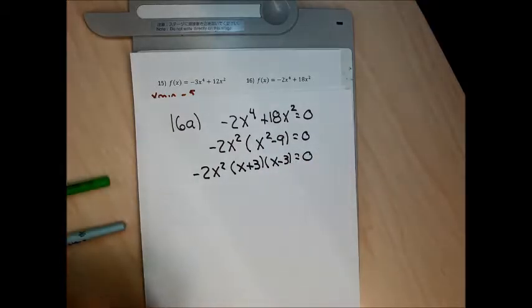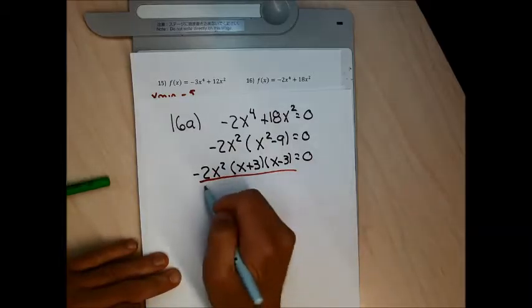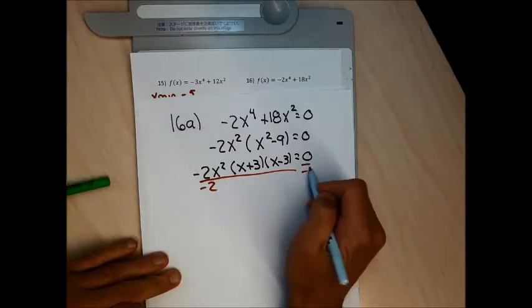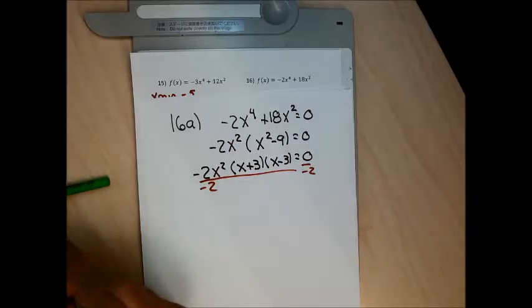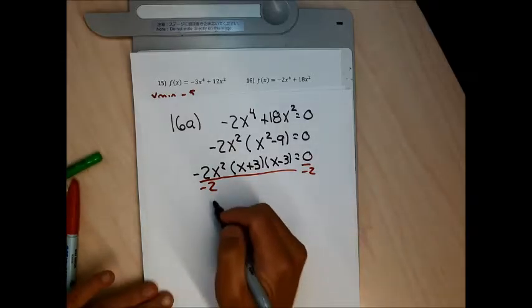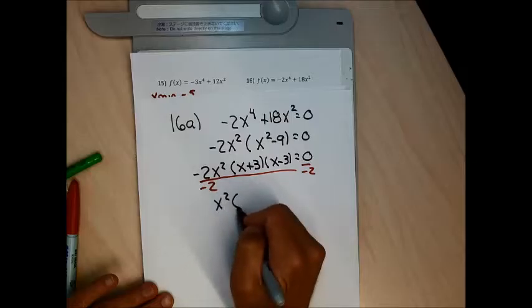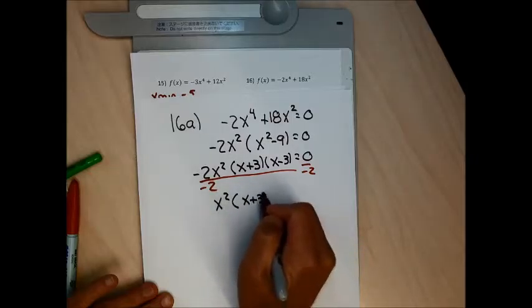This negative 2 is going to mess me up. It's a numerical common factor. If I have a problem that has a numerical common factor and there's an equal sign, I can divide it out. It's going to make it easier if that factor is gone. So I divided both sides by negative 2